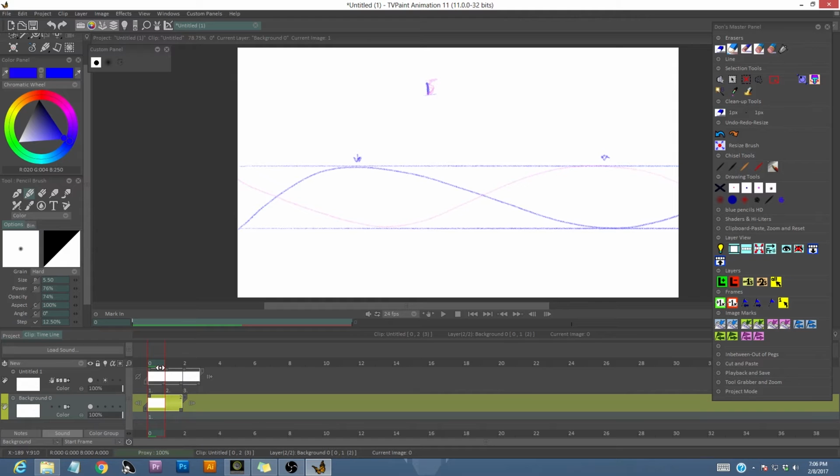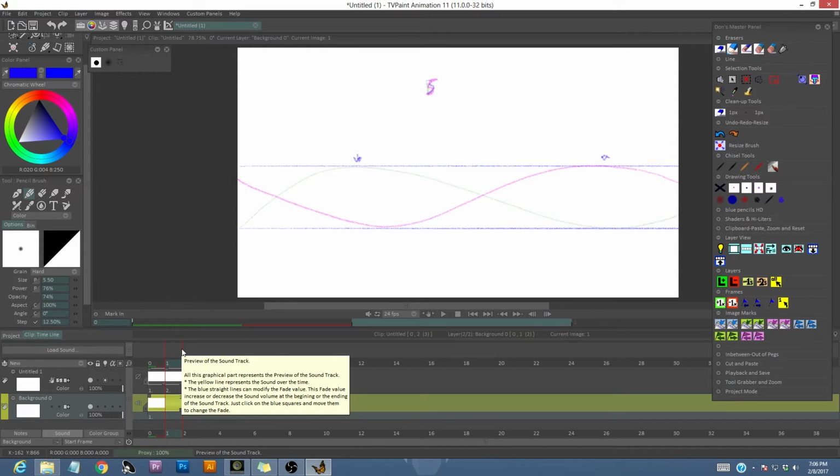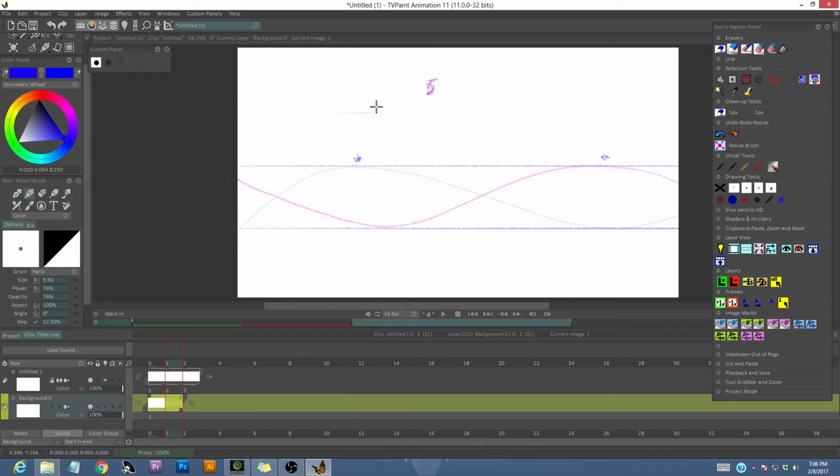The green line is the first frame, and the pinky line is going to be the next frame. So this is the frame before and the frame after. So we want the frame in between, and the waves are going to be moving that way, right? So the frame in between, obviously that means if you're going from here to here, you want in between this. So what you're going to do is draw the hump of this wave